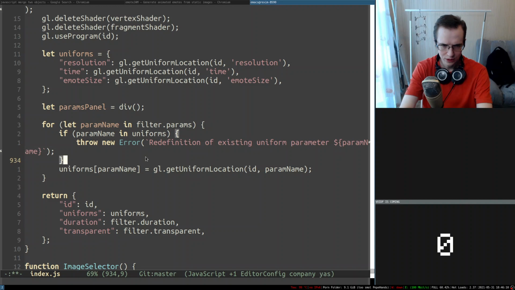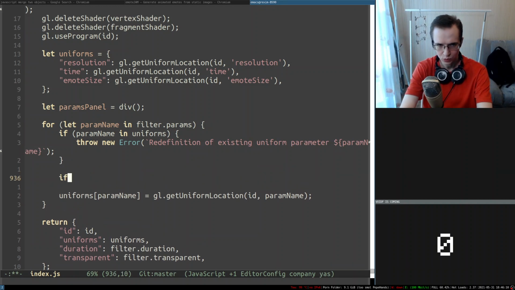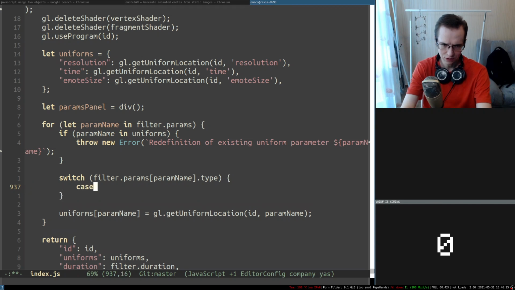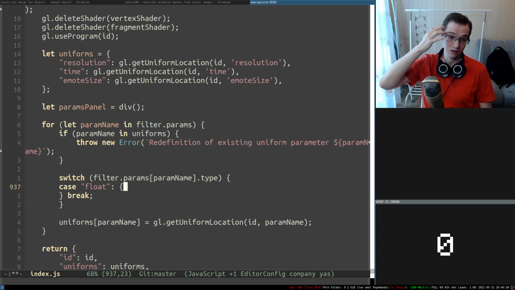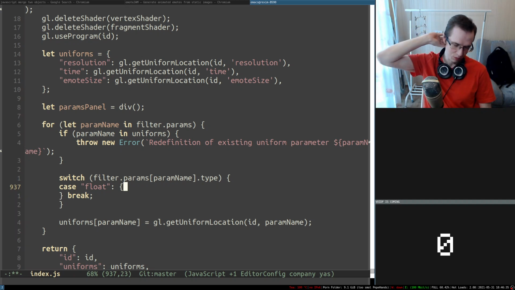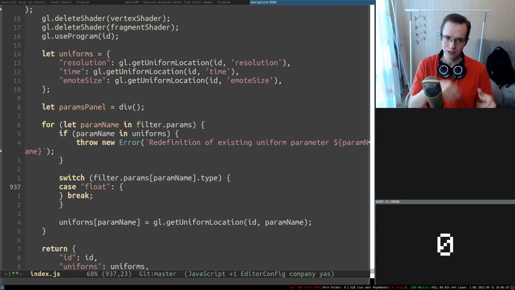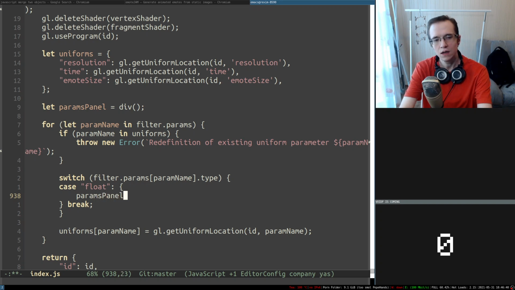Okay, so in here I probably want to do something like switch case. So I'm going to switch upon the uniforms, actually filter param name, right? Param name, and I'm going to be looking at the type of this entire thing. And if the type is float, we're going to be constructing a new element to update floats, something like, I don't know, range and whatnot, and we're going to be appending it into the parameter panel, something like this. It's going to be params panel, and it's going to be just append child, and we're appending another div,